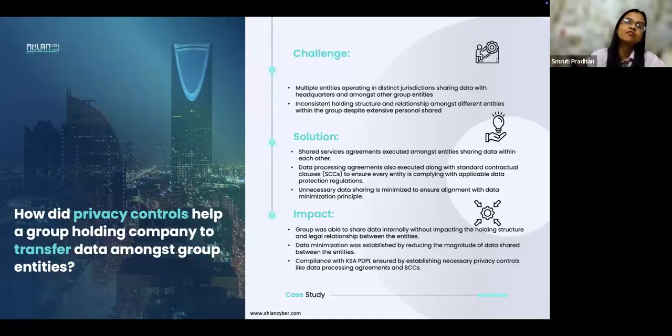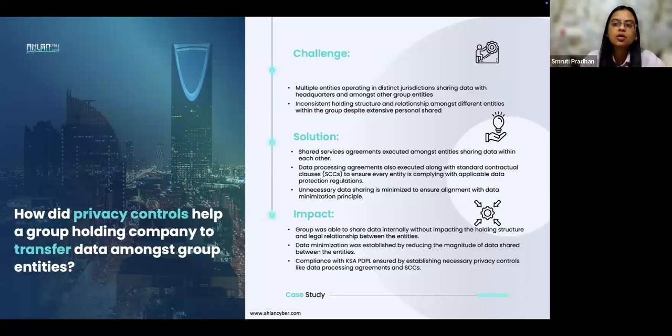So let's say today you have more than one law that is applicable to you, not just the KSA personal data protection law, but let's also say GDPR and the UAE personal data protection law are applicable to you. Build a common control framework at a group level, and extend the framework, policies and procedures to all your entities. In this way, you're also making sure that you have a sustainable program in place. Challenges which we have seen generally lie around whether data transfer is allowed from my jurisdiction to a different jurisdiction, and how we deal with cross-border transfer challenges.